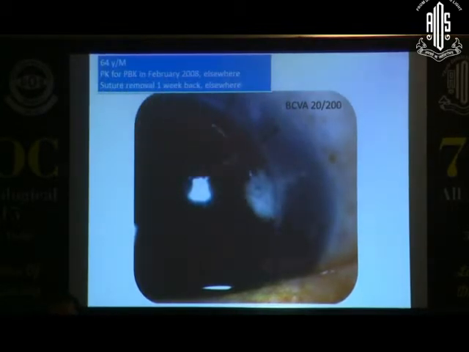There's this 64-year-old gentleman who underwent a corneal penetrating keratoplasty elsewhere in 2008. He presented to us 1 week after a suture removal elsewhere. He had this infiltrate at the host graft junction, again with no epithelial defect, and it was like crystals going into the stroma. So you diagnose an infectious crystalline keratopathy. No stromal edema around it. The graft is absolutely clear. The patient was otherwise asymptomatic.